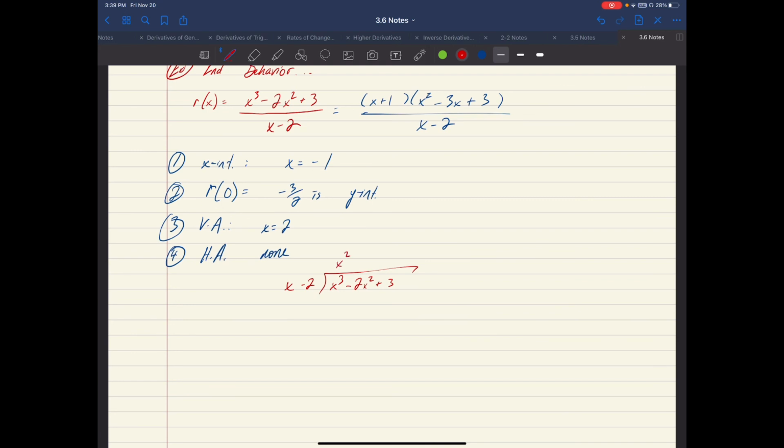And we go through the division. Okay, so these zero out and we get 3. So if I rewrite that as r of x equals x squared plus 3 divided by x minus 2,